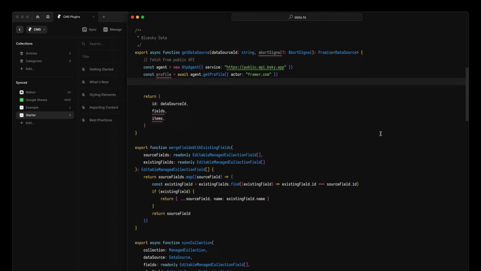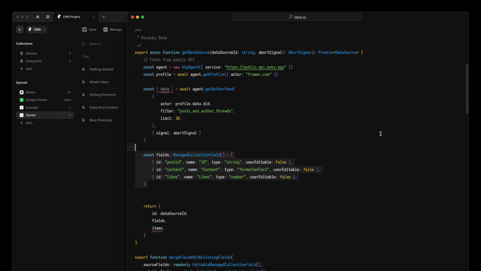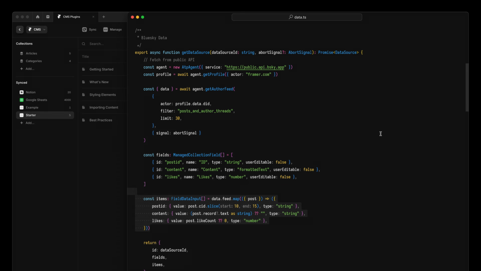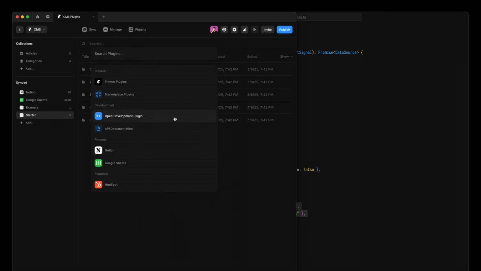fetch the latest posts from the Framer account and sync them into the CMS. Don't worry about the BlueSky details here. Essentially, we fetch the data, set up the fields, and then map our items into the format that the CMS API expects. Now we've only changed this one file, but if we go into Framer, open our development plugin, create